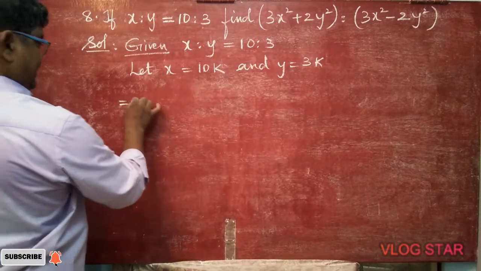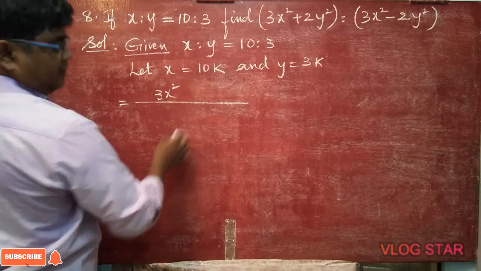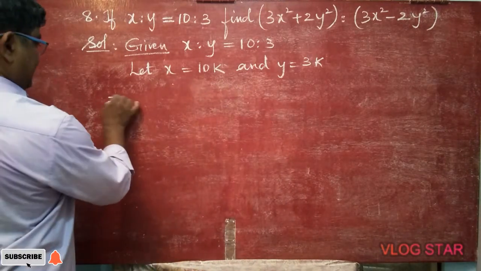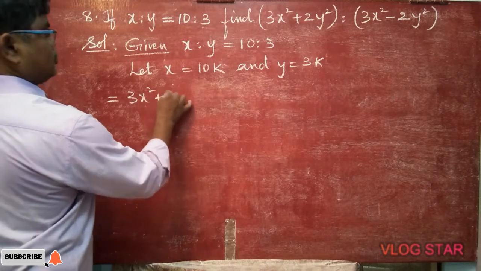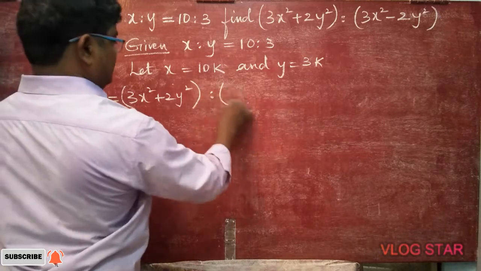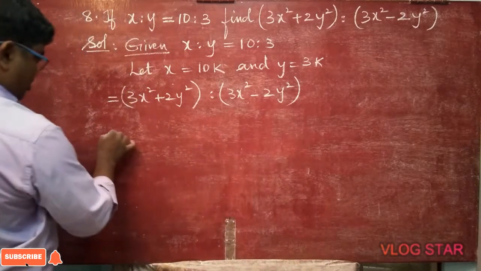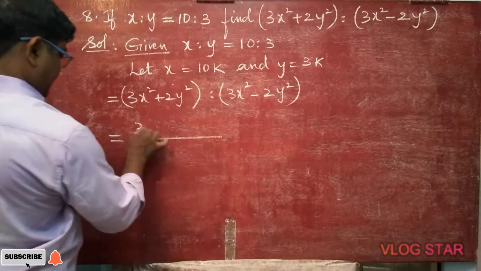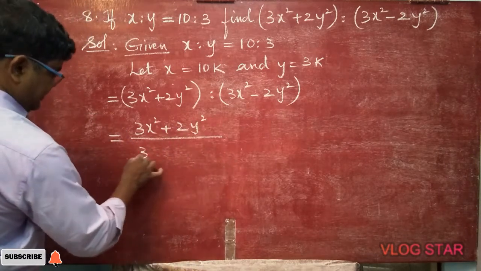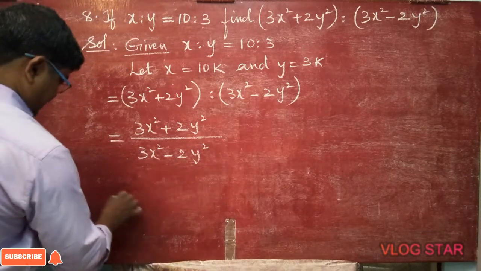Now we will write what is given first. Afterwards they told to find 3x square plus 2y square is to 3x square minus 2y square. Another form, 3x square plus 2y square divided by 3x square minus 2y square, that is equal to